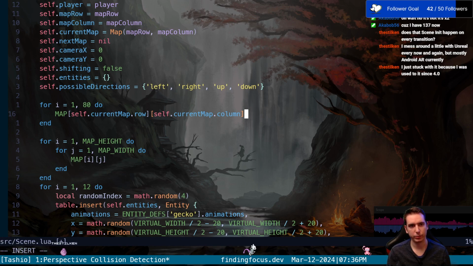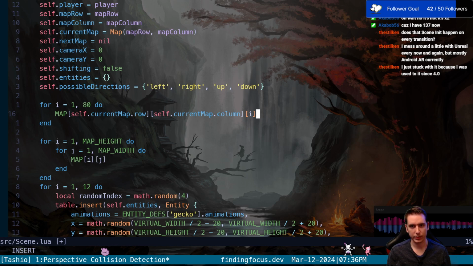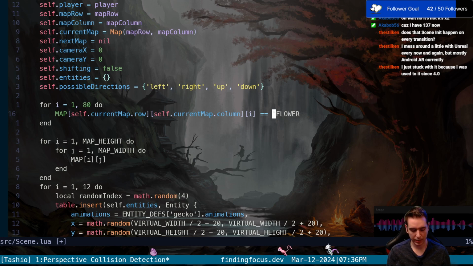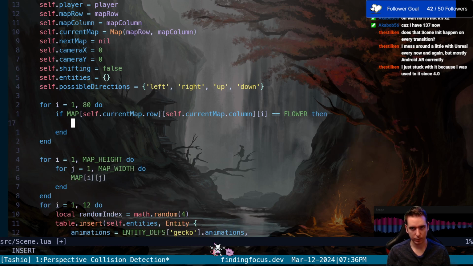So we're going to cycle through all of our current map objects. See, and then if we do the three-dimensional array here at the location I, we can test if that is equal to an animation, which at the moment, I don't know if we can just say flower or if we have to give it a string called flower, but we can say if the map is equal to the value flower, then what? We need to,